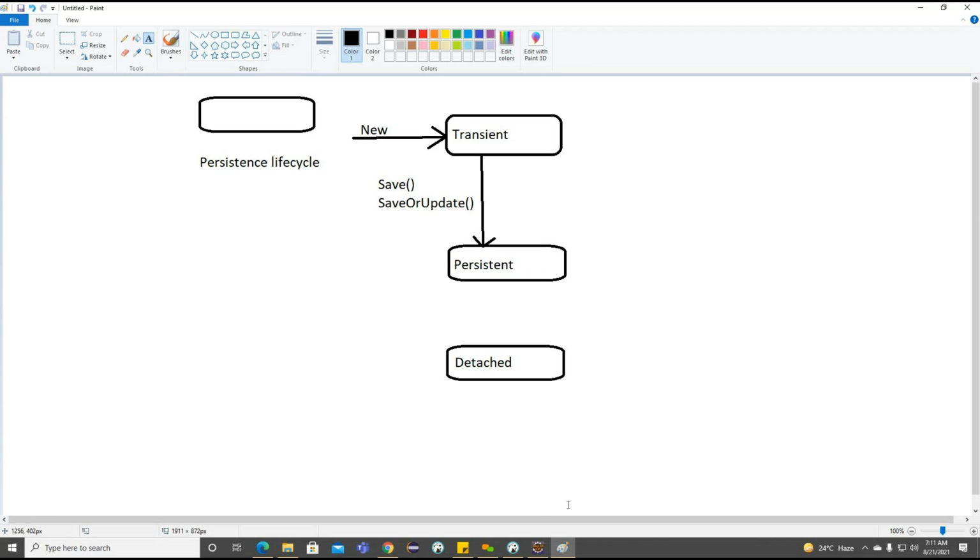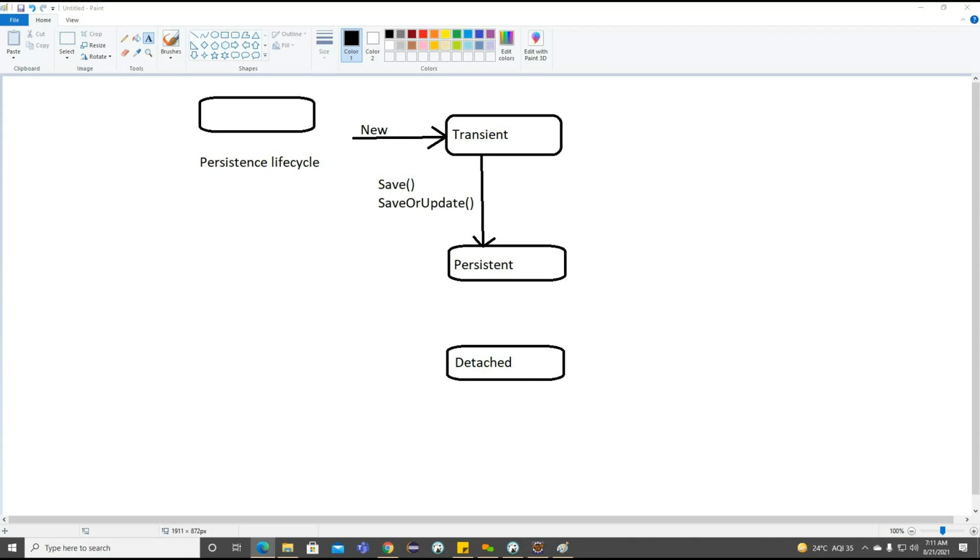Getting the point. Now this particular bid object is moving into the persistent state. Now we need to see what operations we can perform inside this persistent state. Whenever the object is moved into the persistent state, this persistent instance is going to communicate with the database identity.